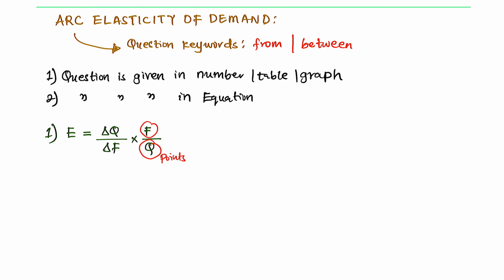These are at a particular point. You may refer back to the examples that we solved to confirm that these are actually at a particular point. However, the question now is in arc form, that is from one point to the other or between 2 points. We simply replace the points with an arc or an average. So in arc form,